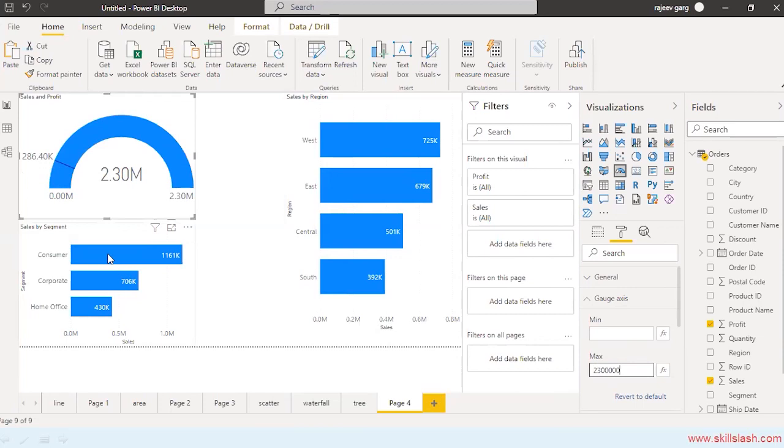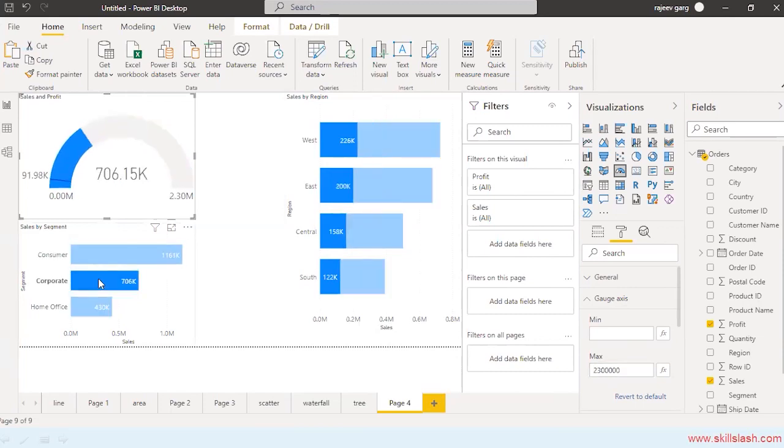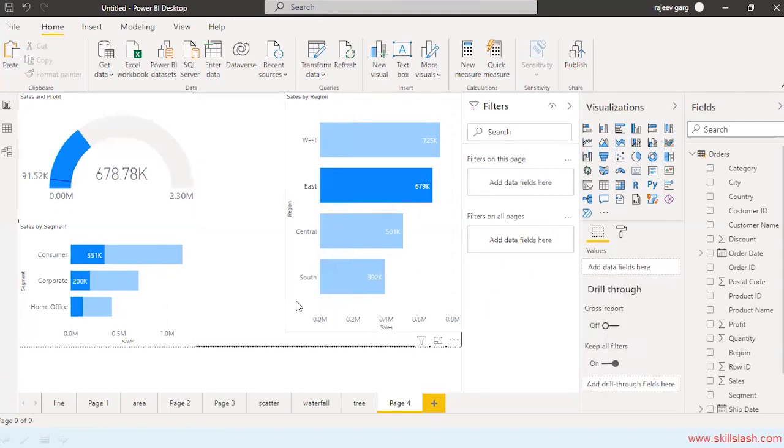Now you click on consumer, corporate, home office, west, east, central, south, right? So you can see dependently it is changing over here.